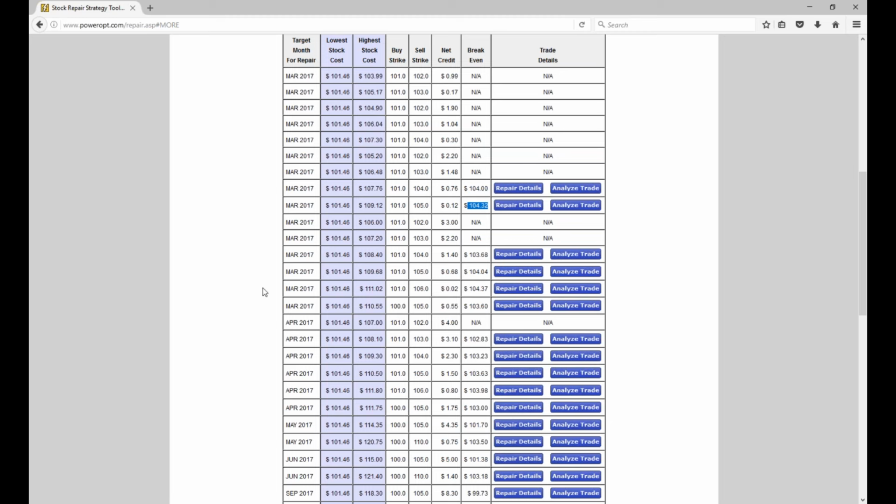But again, these repairs only work if you feel the stock's going to come back up in price. In that webinar, I do discuss some other things you might want to consider if you think the stock's going to continue down. It might not be the best repairs. They might set you up for another loss in a different direction if the stock does recover. But again, it depends on your outlook.